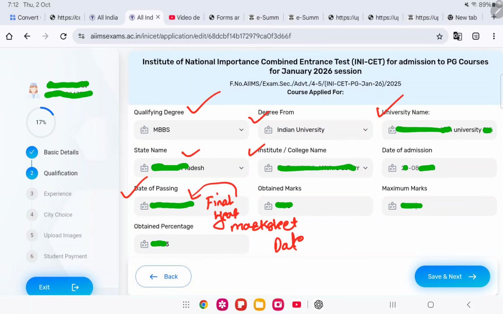Then enter the obtained marks of first year plus second year plus third year plus fourth year, all years collectively, and the maximum marks of total years, first, second, third and fourth, and then save and next.